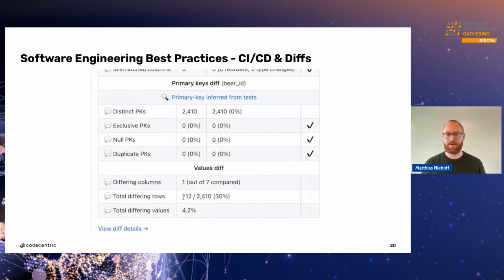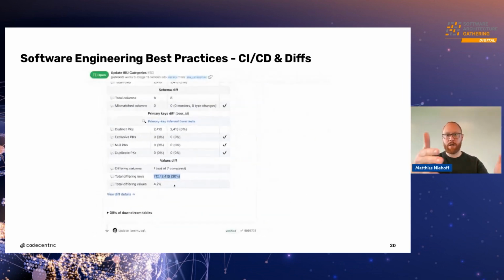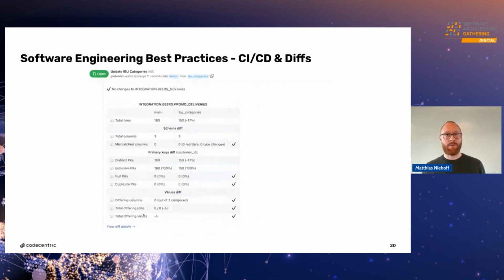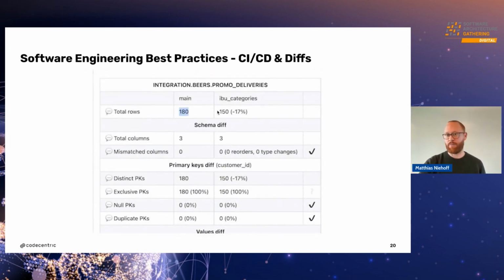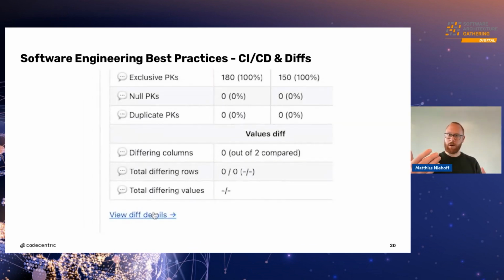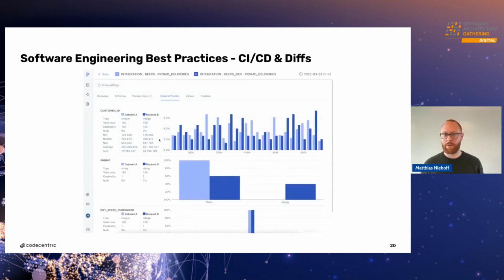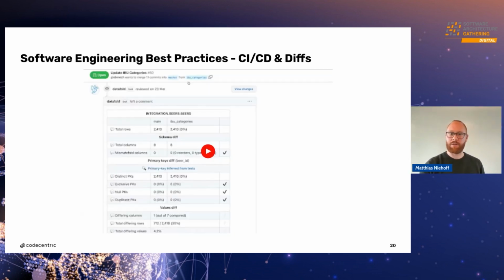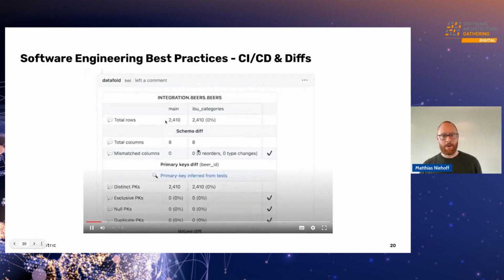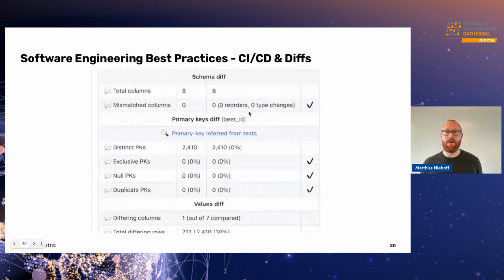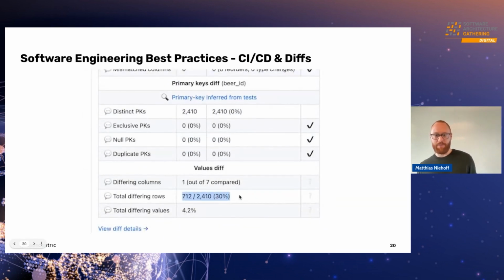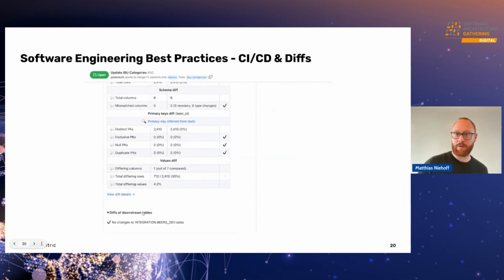So in this case, this is something like, okay, hey, I want to merge this branch, and it gives me an update about, hey, how would the data change in this case if I merge this branch? How many rows would be deleted? What would the distribution of the values be? So you can see all this stuff directly in a merge request. Unthinkable years before. So we're getting software engineering best practices here.